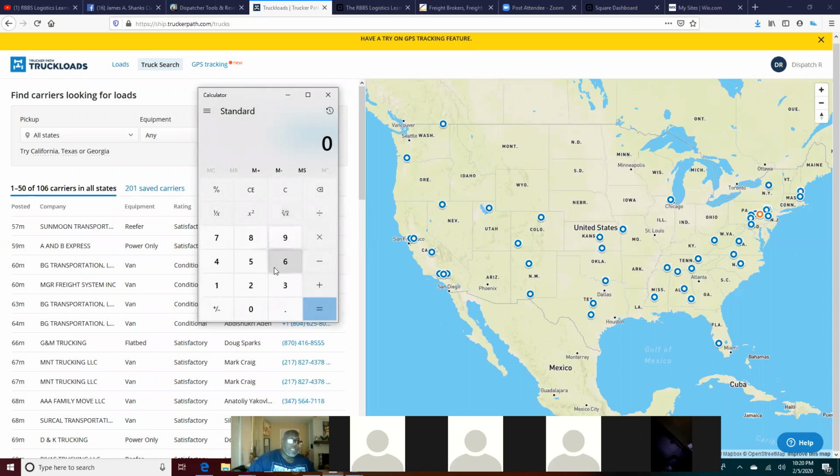Instead of working on a binary system where you have a broker and the broker agent, you want to work on a compensation plan with a tri-level structure. The way a tri-level structure works is this. You have the company in the middle. Then you break up that freight broker agent position into two separate job categories.